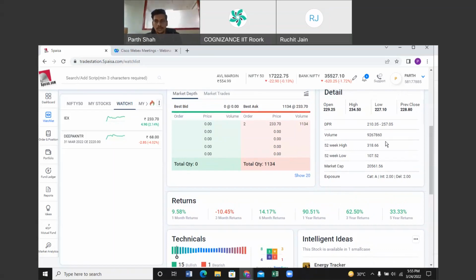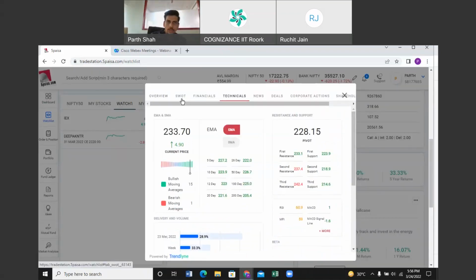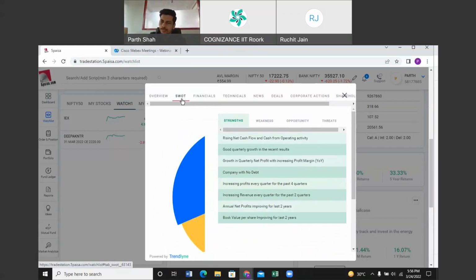And you can see the volumes. Again, the volume plays a very important role. If the stock does not have much volume, then it can easily be fluctuated, or you will see the volatility is high because the volume is low. Somebody who is coming up with buying or selling of huge volume can easily manipulate that particular stock, and that's the reason you should stay away from such kind of stocks where you see the volume is not so high.